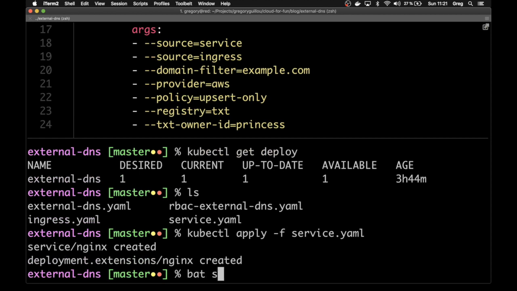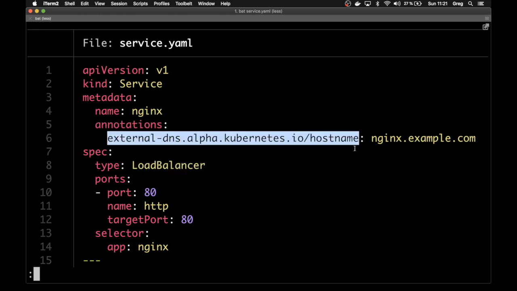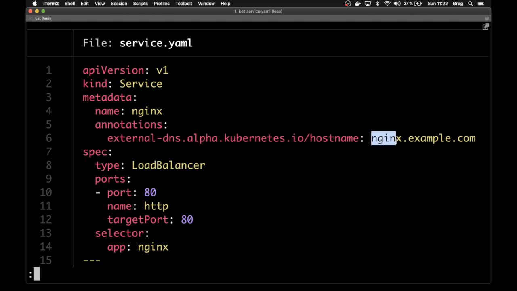If I look at the manifest, you'll see that's a very basic service. The only noticeable thing is that the type is a load balancer, because it has to be accessible from the outside, and it has this annotation saying, okay, I want it to be published on nginx.example.com.